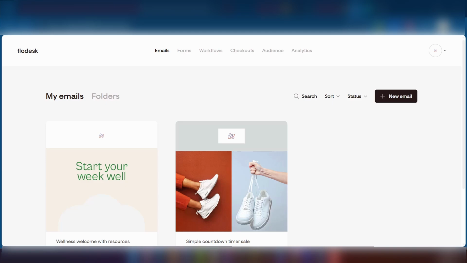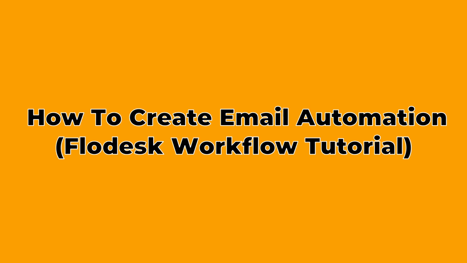Well, hello everyone and welcome to this Flodesk workflow tutorial where we'll be guiding you on how to create email